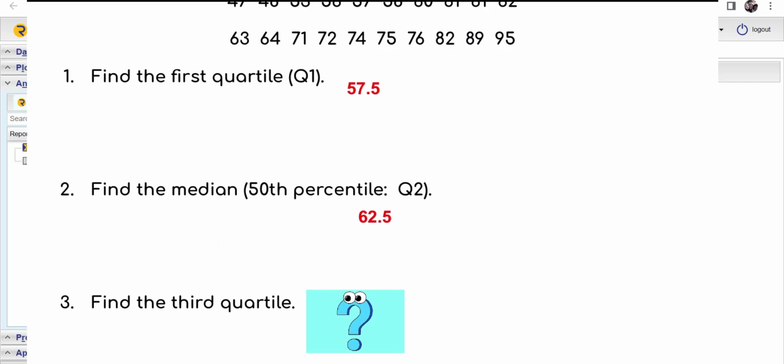62.5 for the median or Q2, and 74.5 for the third quartile, this is Q3. Just make sure everybody knows that. So yeah, that was quick and easy, right? All right, so